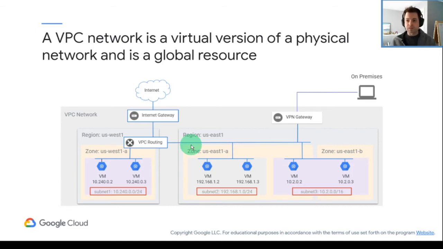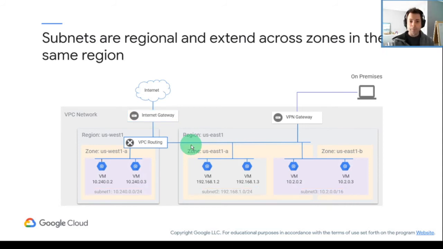Again, all of that's outside of this class, but you can do the exact same thing in here, which is quite nice. We can also, with our subnetting, extend them across zones, but it has to be in the same region. So that's one of the little gotchas here. So if I want to say extend basically a subnet from region to region, I can do that. Or sorry, from